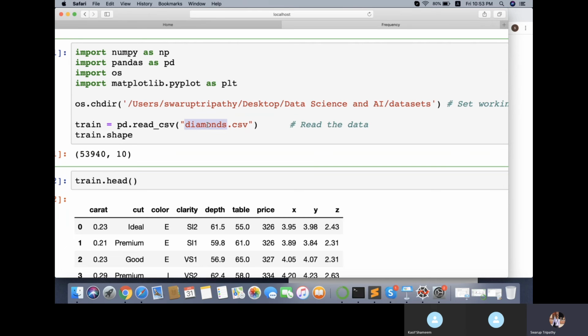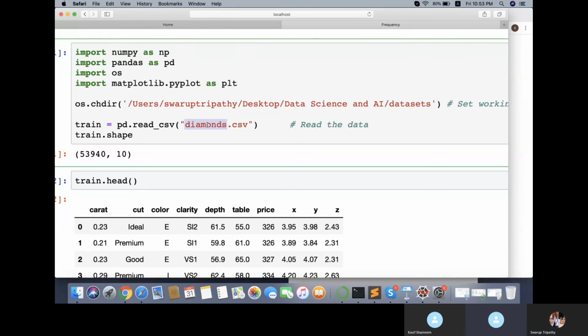Okay, I didn't remember that. So anyways, are you able to read this file? Are you able to get what os.chdir does? It's like the command prompt we are using here for changing directories, right? Yeah, it's a command prompt. Okay, so now you are able to read the file. Are you getting all these columns? Yes, it's working for Google Colab also.